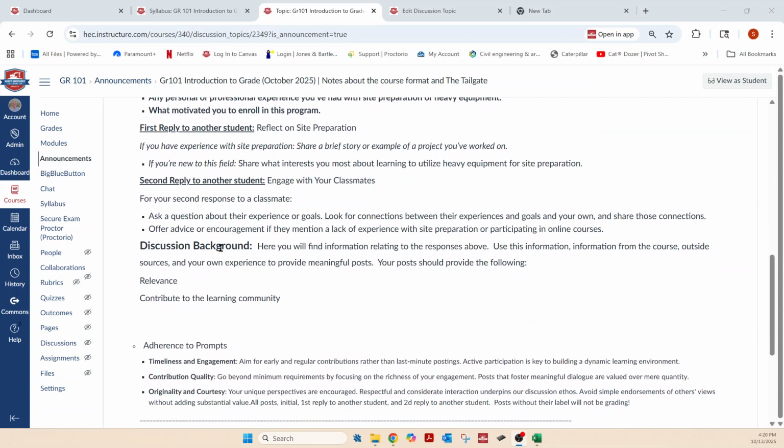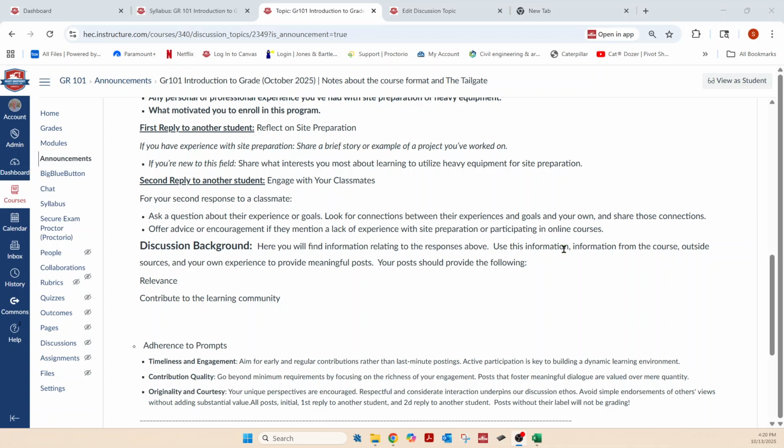Then you're going to run across what we call background, or in this case, discussion background. In this part, you're usually going to find information relating to the responses above, information about the subject matter.